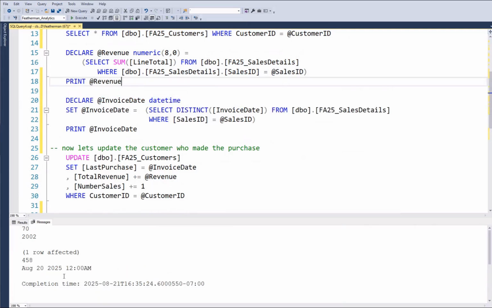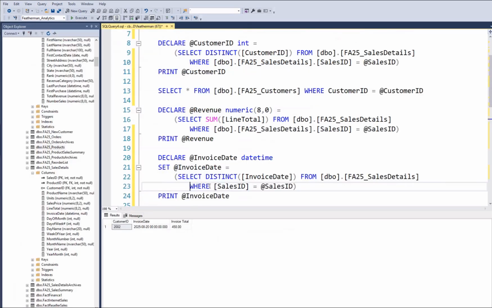There we go. So August 20th is the date. And again, there were 3 rows. So it brought back 3 dates, and we're trying to put that into one local variable. It doesn't work. Now that we have all this data, we can go ahead and do our update set. But let me show you one little